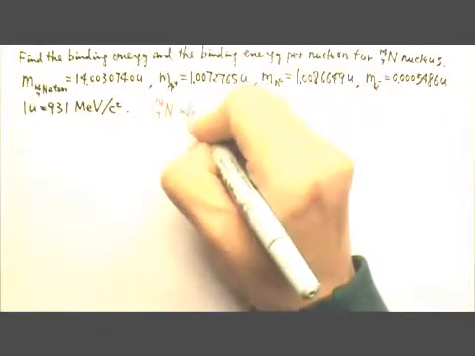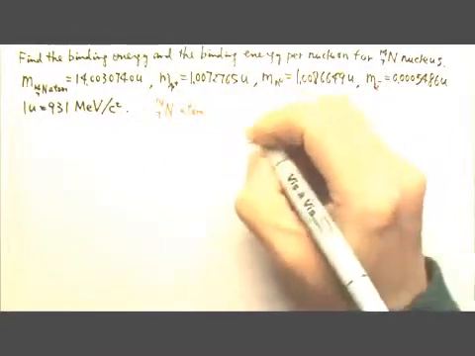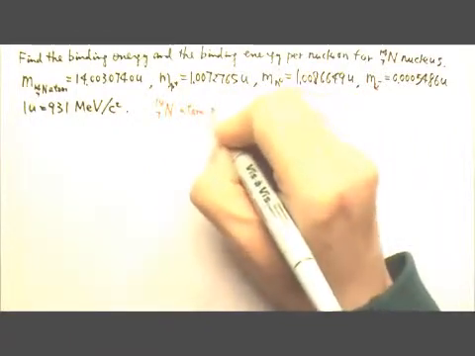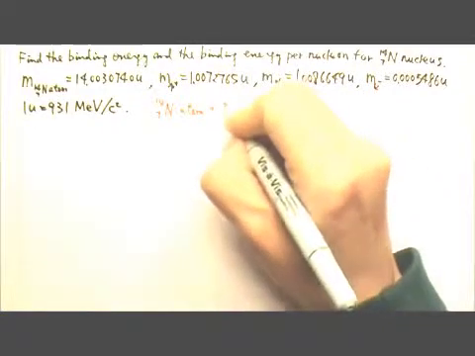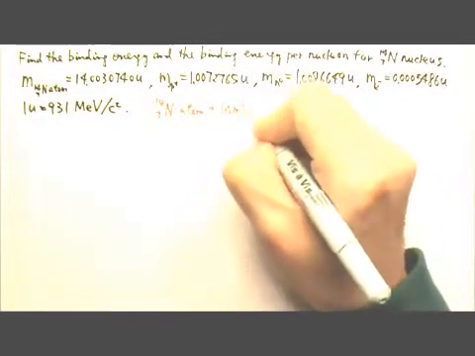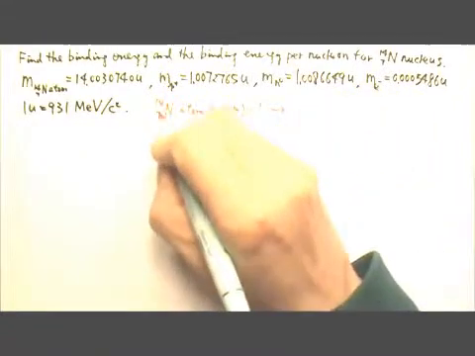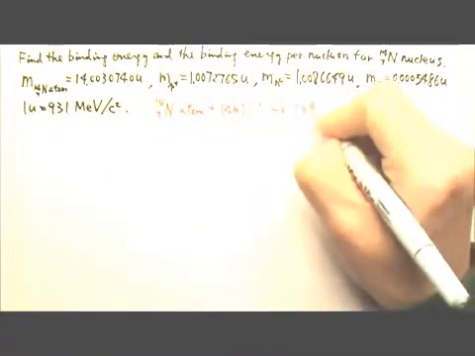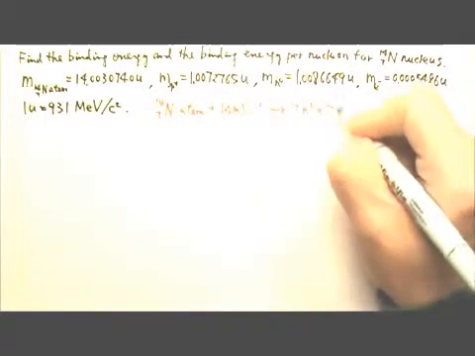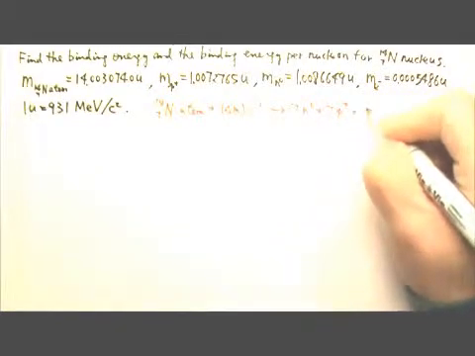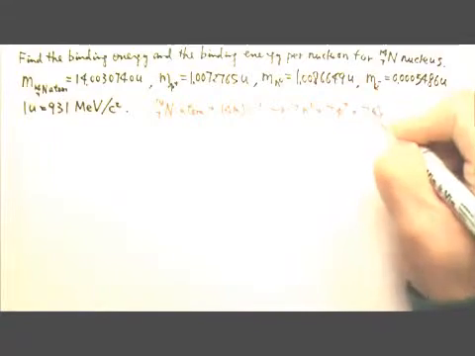If this is the atom, that means after we add the binding energy, which is delta M times C squared, it is going to break into 14 minus 7, 7 neutrons, plus 7 protons,